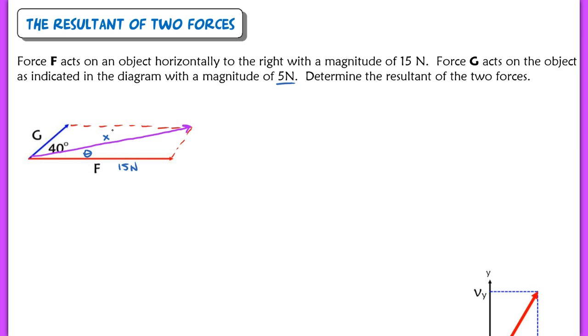Now, because this is a parallelogram, you can use a very important fact about parallelograms. Remember that any two consecutive angles in a parallelogram are supplementary, so the fact that I have this 40-degree angle here means that over here I have a 140-degree angle. Now that's going to allow me to use the law of cosines in this particular problem because I can translate the fact that this was 5 newtons. The magnitude over here in this vector is also 5 newtons. So I have a triangle,